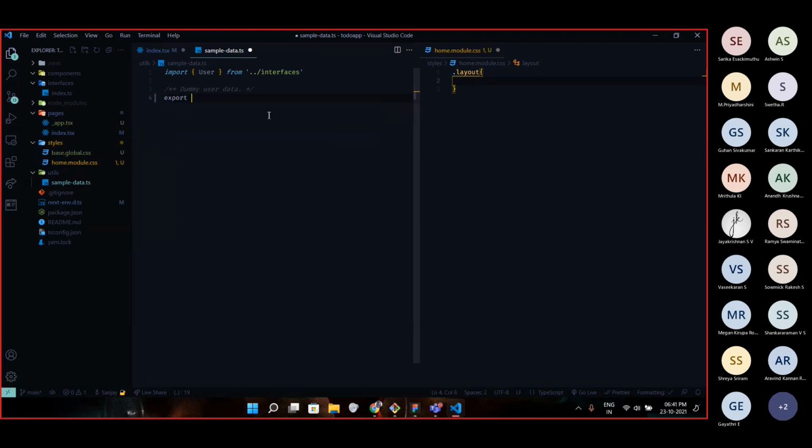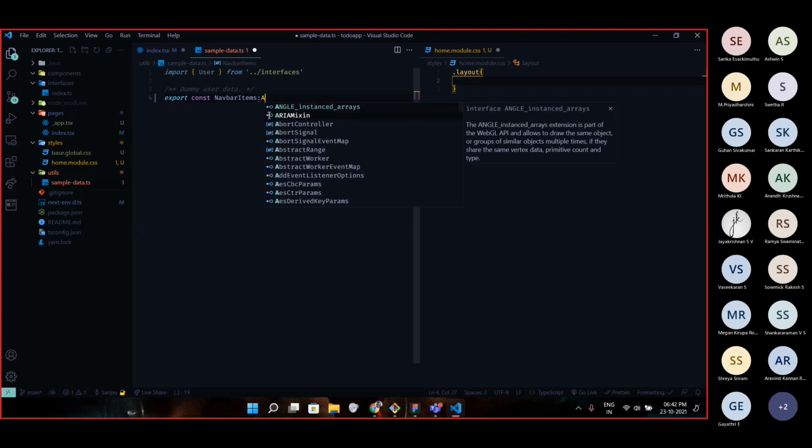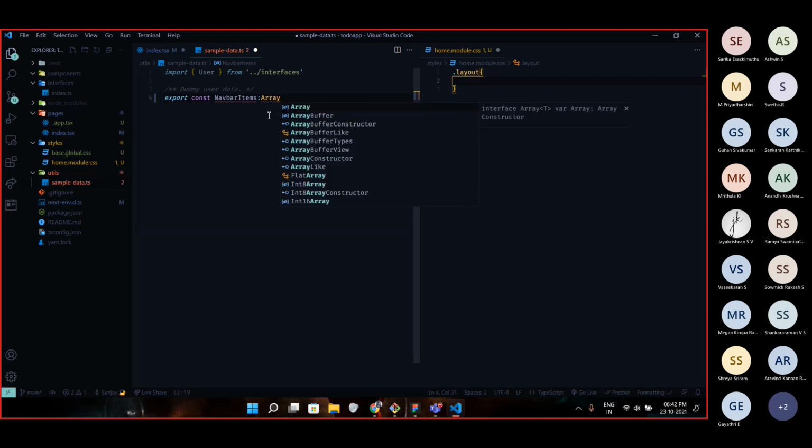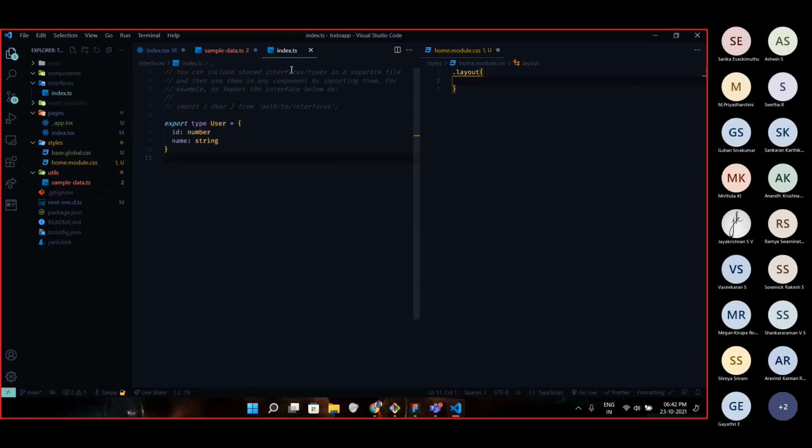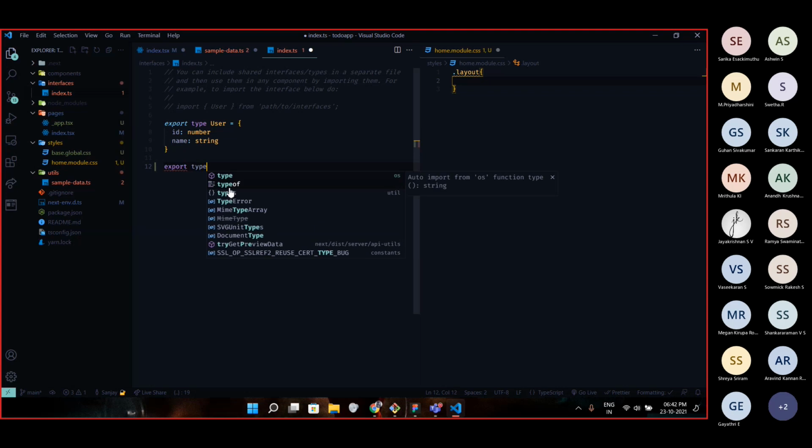So let's export const. I'm calling it navbar items, which is a type of array. Since we are using TypeScript, you have to explicitly mention the type of every variable that you are going to define. So it is going to be an array of navbar item type. First, we have to define the interface for that. So let's type